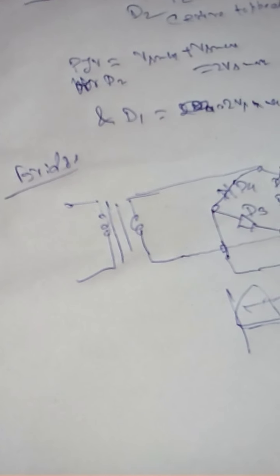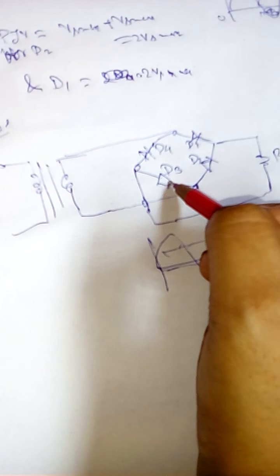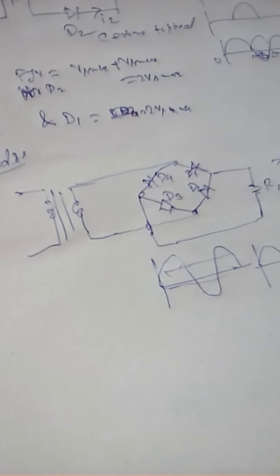So if we see the bridge rectifier, when the upper end of the secondary winding is positive during the half of the input supply, D1 and D3 are forward biased and current flows through A and B. The current enters the load, leaves the negative terminal and returns back. During this half of the input cycle, D2 and D4 are reverse biased, so current is not allowed through the AD